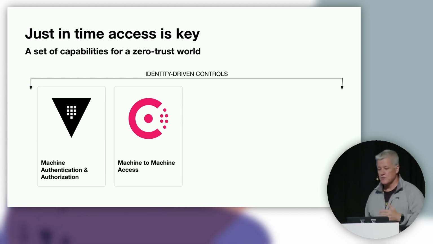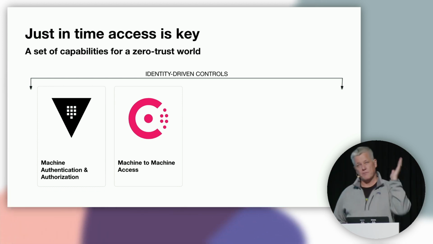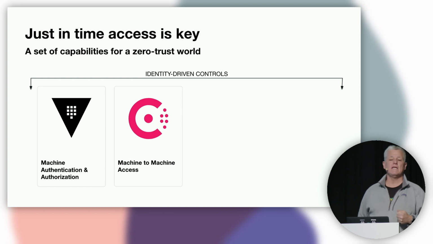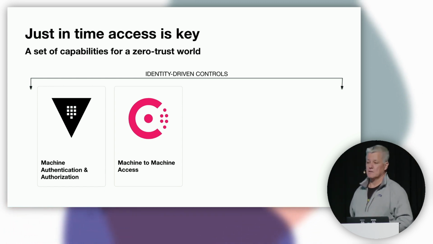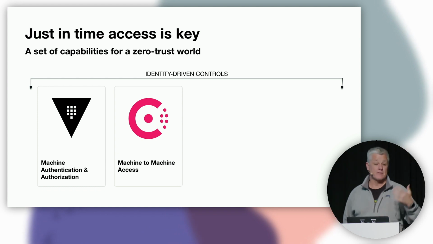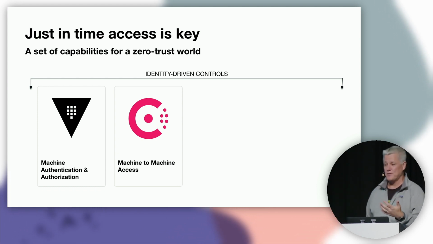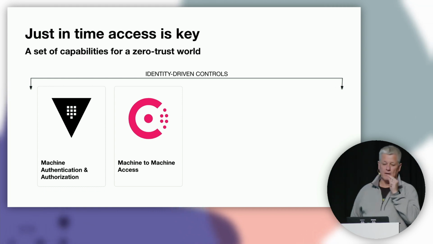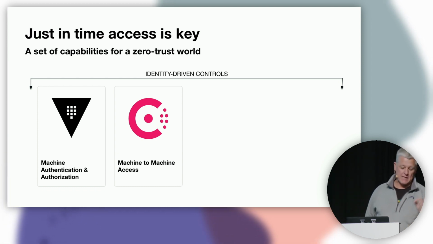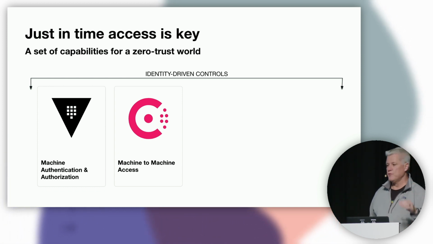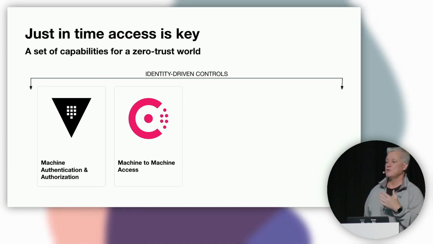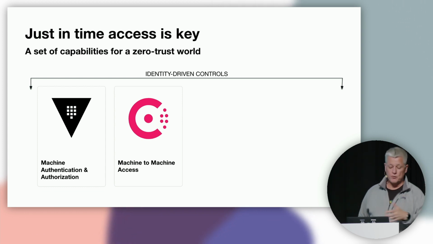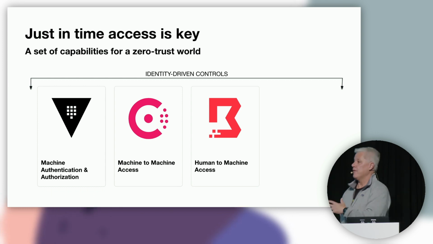The last thing, human-to-machine access. Again, as I said before, we want to treat humans very similarly in their identity and their access. They only need access as and when they need it. We're not talking about your front-end users. They've got their web interface for whatever they're going to be doing there. But people who have the core access to your system, you want to make sure that they only get the access they need, and also that it is an approved process. They are using identity, so you don't have to stipulate that they need to communicate with this IP address. It is an automatic routed scenario that you will allow them to have access to the machine.